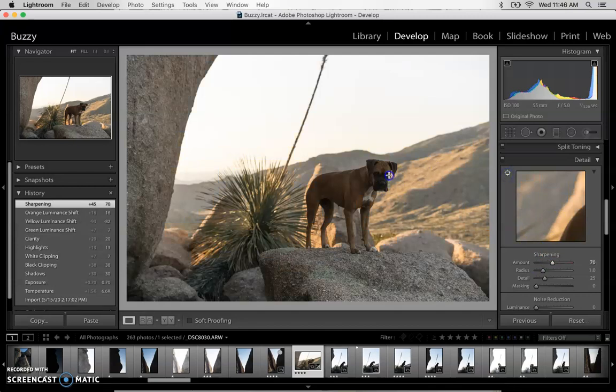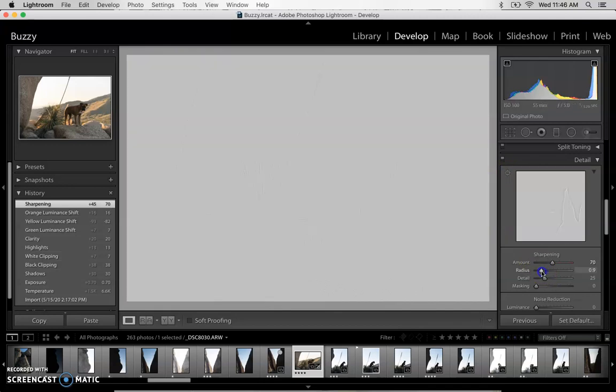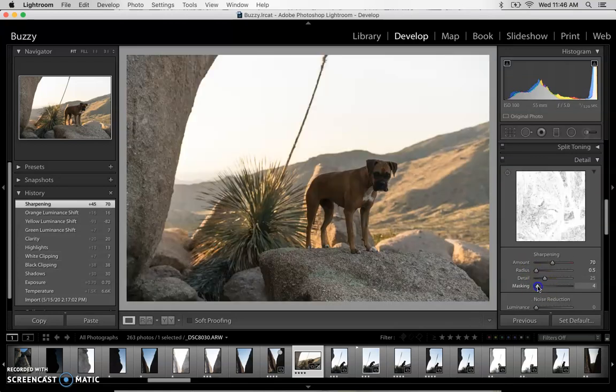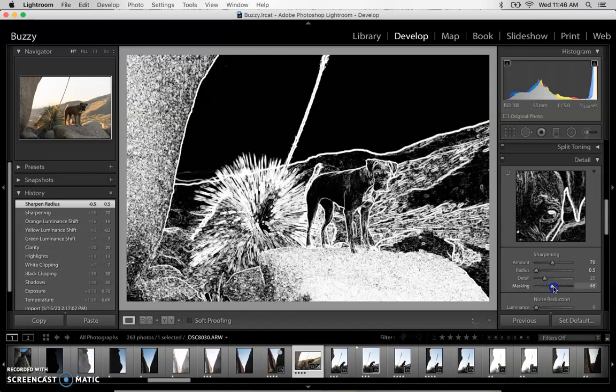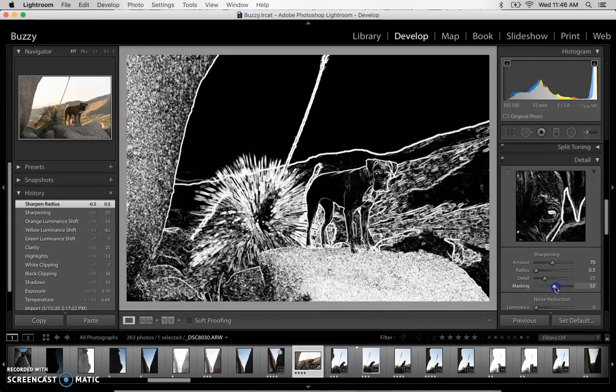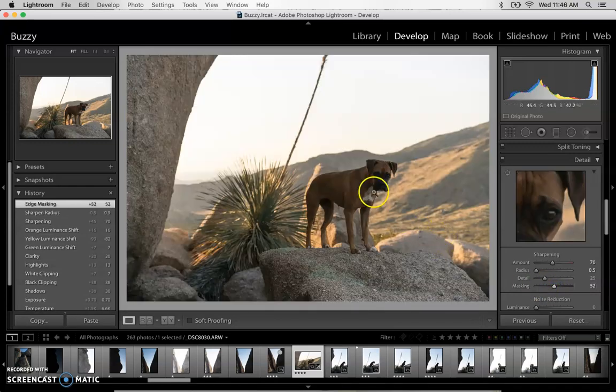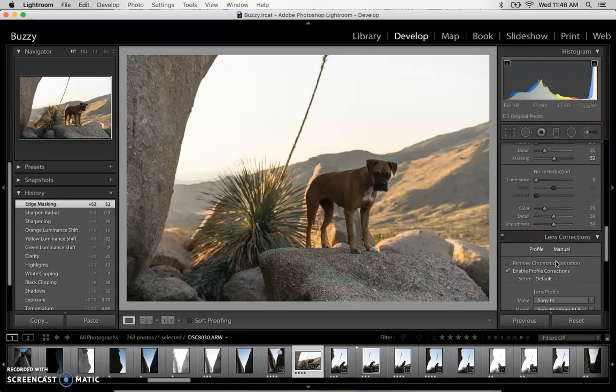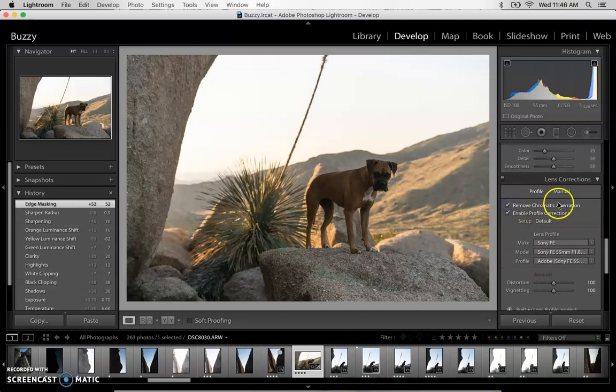I'm also going to look at the little 1-to-1 window. I'm going to bring my radius to 0.5 as I always do. I'm going to leave detail where it's at, and I'm going to bring up the masking. In my own images, I end up masking them somewhere between 35 and 65. Always seems to give me kind of what I want. That looks good to me. But a lot of that stuff you're going to find on your own, what works for you and what looks good for your images. So lens correction, I'm going to make sure remove chromatic aberrations is on, enable profile correction,